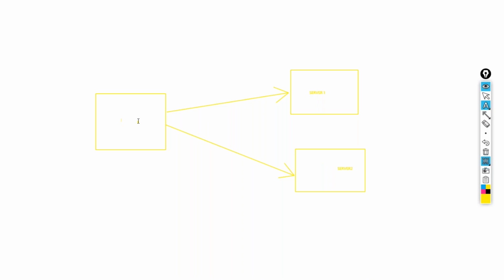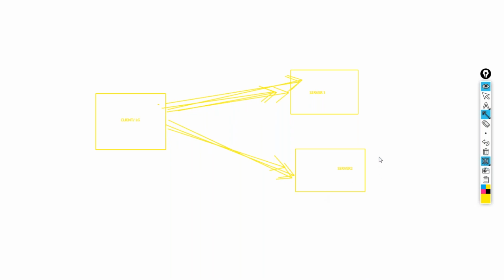Let's say this is a client, or a load generator machine, where the execution is happening. Requests are going continuously to server 1 and server 2. Let's say 1000 requests are going, 500 to this one and 500 to this one. The server, in the sense of the application, will have multiple server instances in the backend.